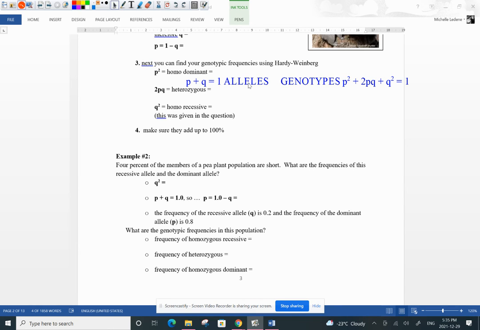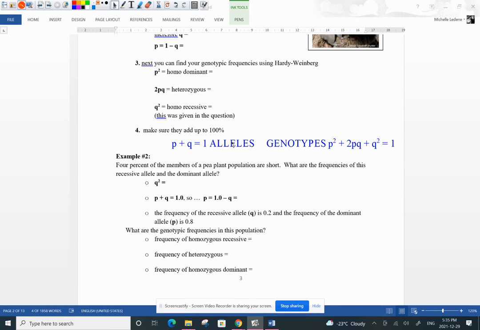I'm writing down my two equations. I got my allele frequency equation: P plus Q is 1. Those are the dominant alleles. Everybody with a dominant allele is P. Everyone who has a recessive allele, we call that Q. And then my genotypes, I've got these three terms in the equation. Here's my homozygous dominant, P squared. Everyone who has got a dominant and a recessive is heterozygous, that's 2PQ, and Q squared, that's my homozygous recessive individuals